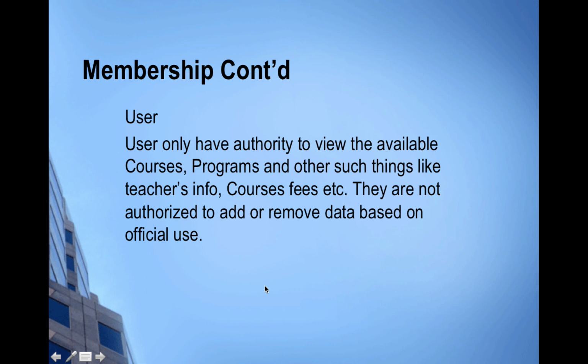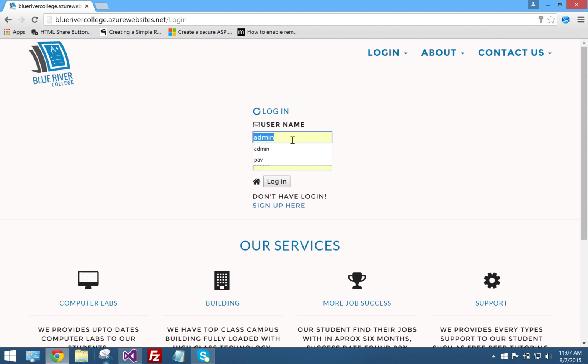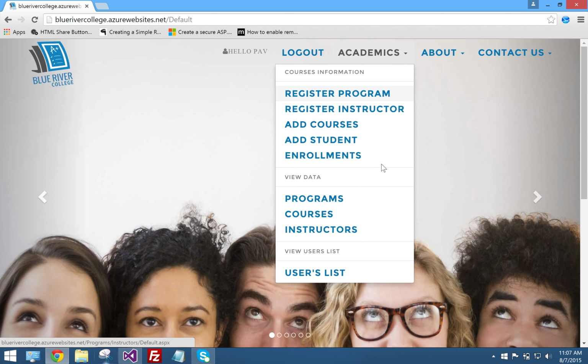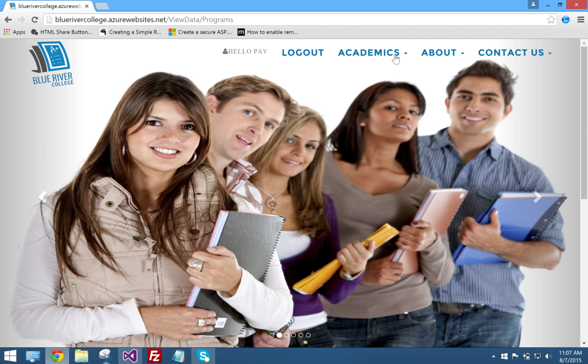Okay, so that was the admin and that's a user. A user can just view such things, and is not an authorized person to add or remove data based on the official rules. I'm going to show you this option as well when you log in. I have the second account designed already here. I just put my nickname, so it's going to show you greetings, log out, and all the options are the same. So a user can view this data same as the admin,